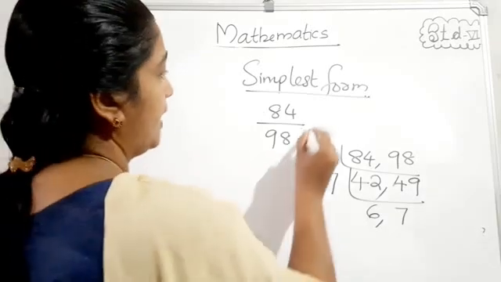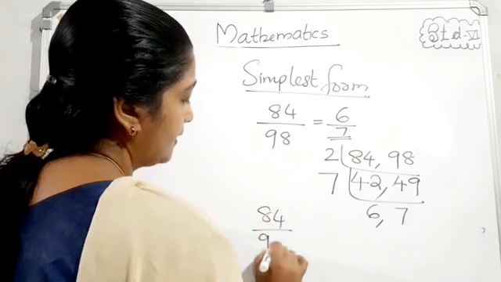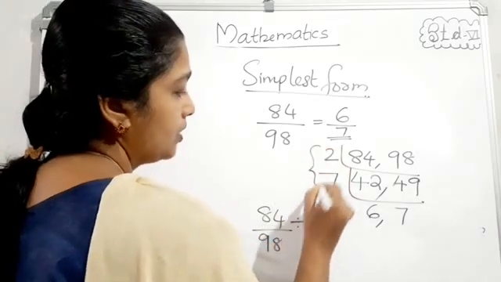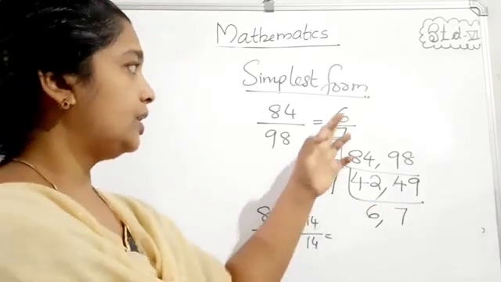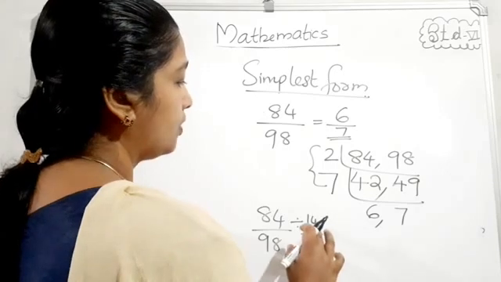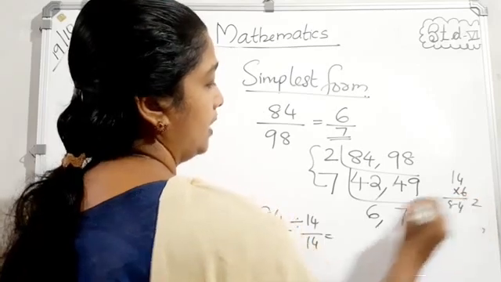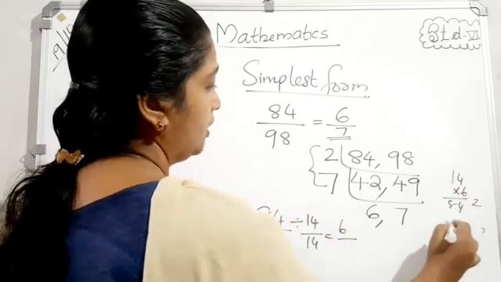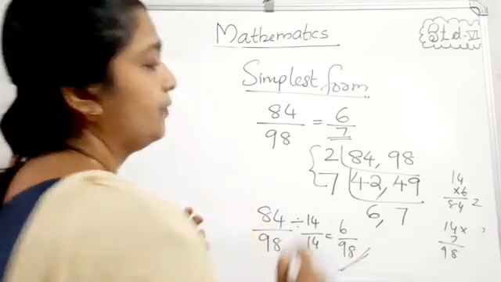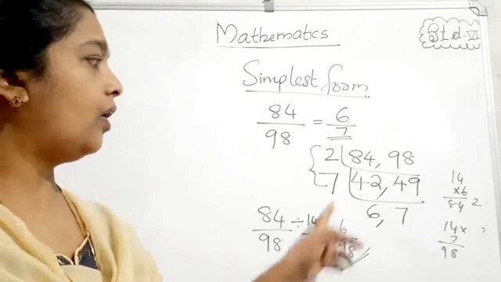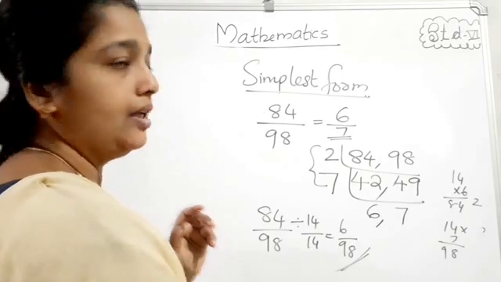So say the answer, that equals 6 by 7. Or 84 by 98 divided by 2 into 7, 14 by 14. This is very easy. You will go this much only, enough. That is 84 by 14, that equals 14 into 6, that equals 6 by 14 into 7. Both are correct. Using HCF, you can divide for the final answer. Understand? That is answer 6 by 7.